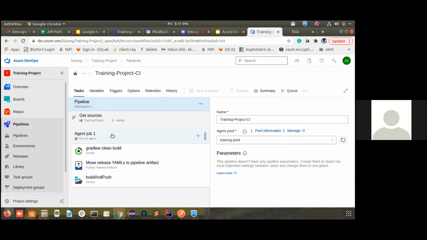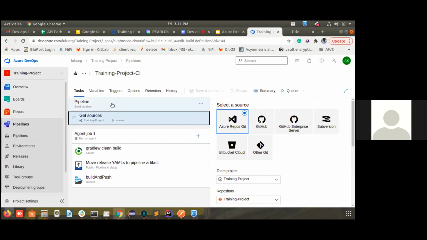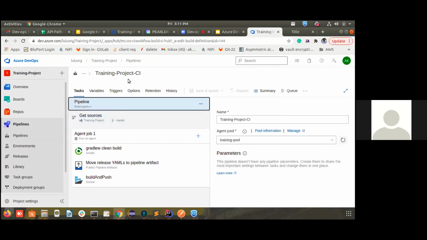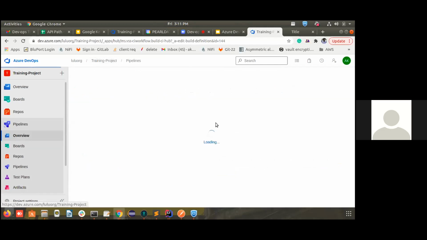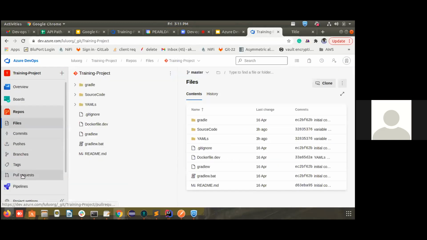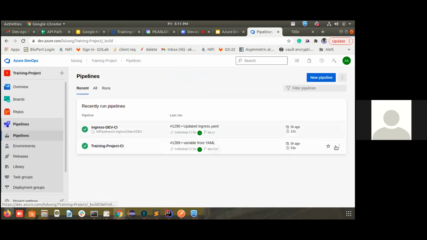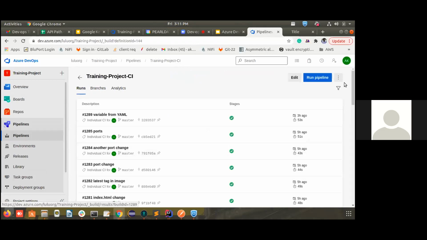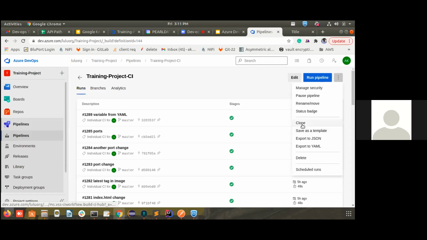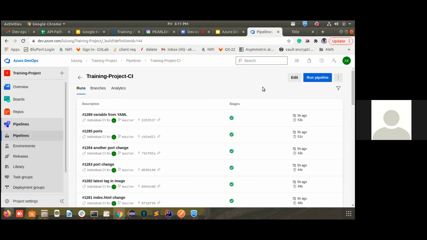The first thing, you can always clone this pipeline. There is a clone option available. You can clone it, and all the tasks that I have created inside the pipeline will come to your new CI. So that doesn't matter.